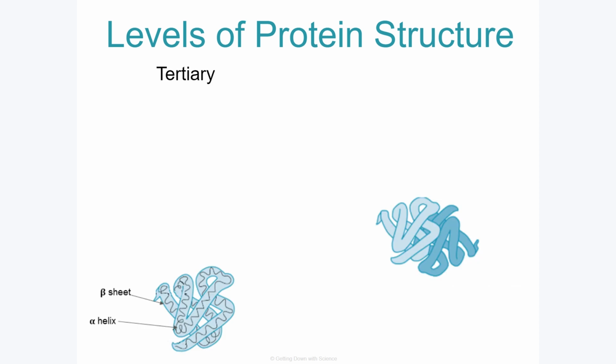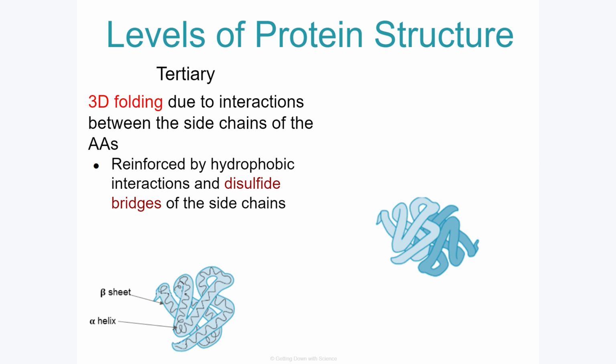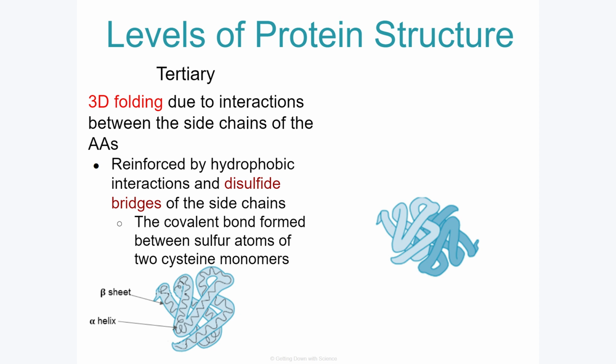So then we have our tertiary structure. And this is where the 3D folding happens due to the interactions between the side chains of the amino acids. They are reinforced by hydrophilic interactions and disulfide bridges. So it's a two-sulfur bond of those side chains, and they don't like water, so they're going to try to skirt and not be around that hydrogen bonding. And this is where a covalent bond, where they share electrons, is formed between sulfur atoms of two cysteine